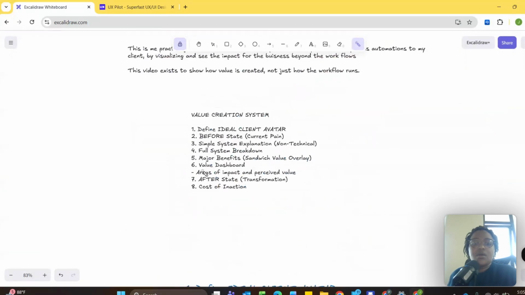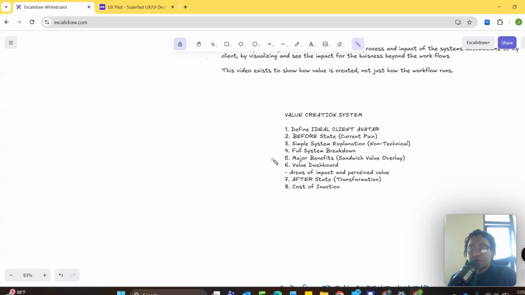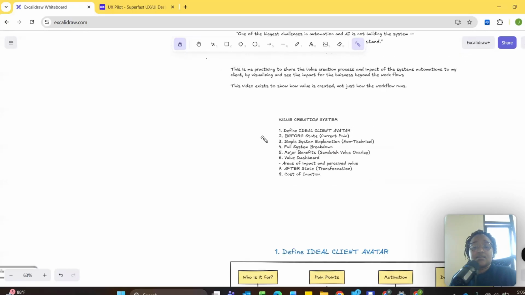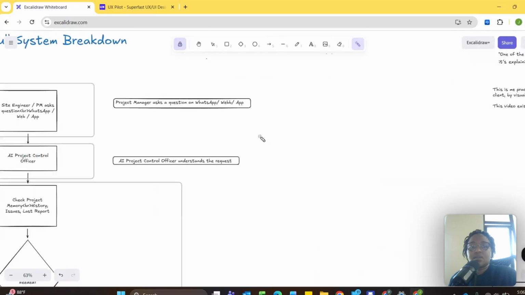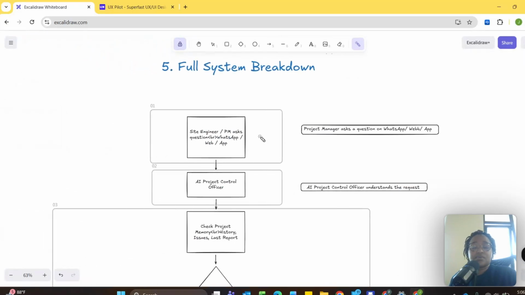Step number 4, which is a full system breakdown. Remember, here we're working with the client. Of course, it depends on the project. Sometimes the client can also be technical, but most of the time a client can be a business person who is maybe not that interested in technical stuff. So doing a full system breakdown is also important, with less technical jargon. We have room to extract the value in it